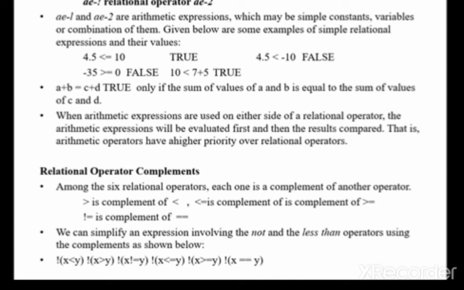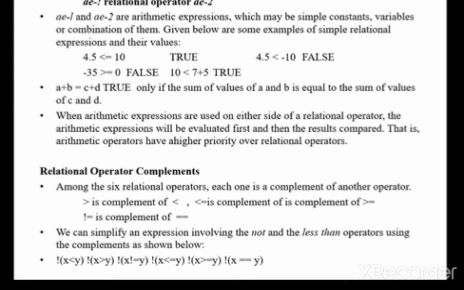See the general form. A relational expression contains only one relational operator. There, AE1 and AE2: AE1 is an arithmetic expression which may be a constant, variable or combination of them. Then the relational operator.